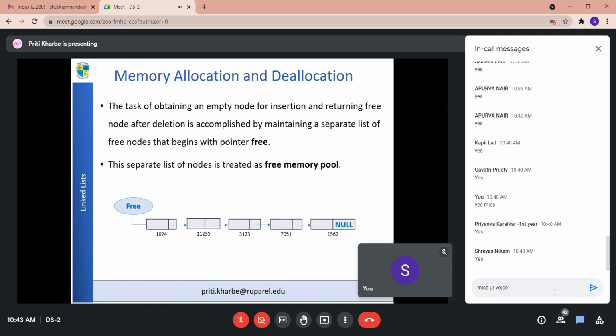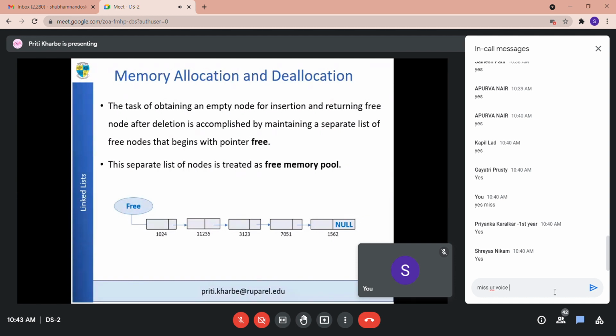This list will have all empty nodes. Your list starts with the pointer variable, the initial pointer variable. You have the first element's address stored in the pointer variable begin, right? This is free, the free storage list. It will have all empty nodes.